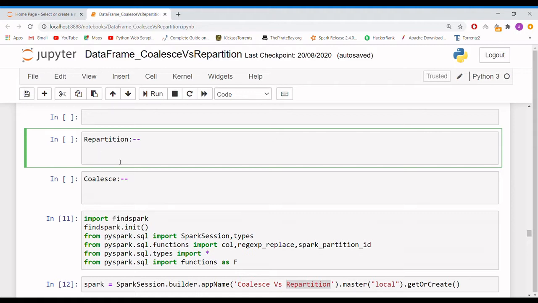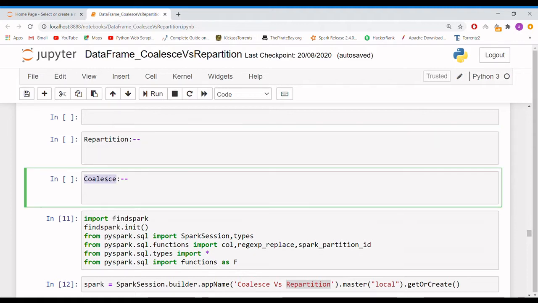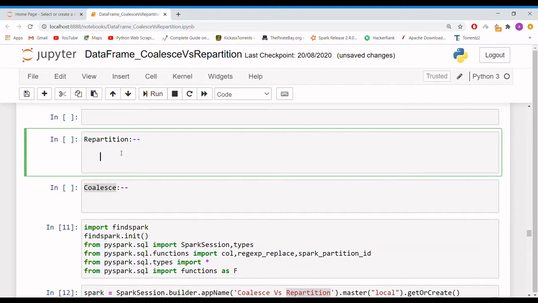These two functions, repartition and coalesce, help in increasing or decreasing the number of partitions. Whenever you read any data frame from a CSV or JSON file, partitions are dynamically allocated. In order to change the number of partitions, these two functions come in handy. We will also see which one is better performance-wise.